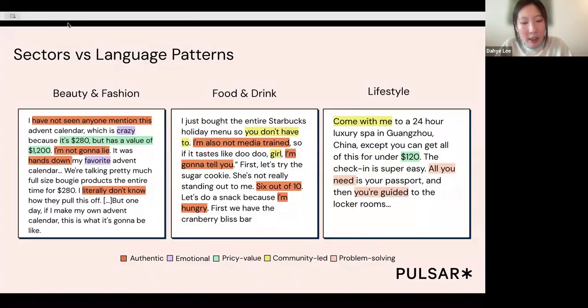So yeah, this kind of language pattern is apparently not captured when we just look at traditional keywords or sentiment. But this video transcript view literally gives you a better understanding of what's shaping culture and how it's spoken and evolving now. So yeah, I think that would be the last slide.